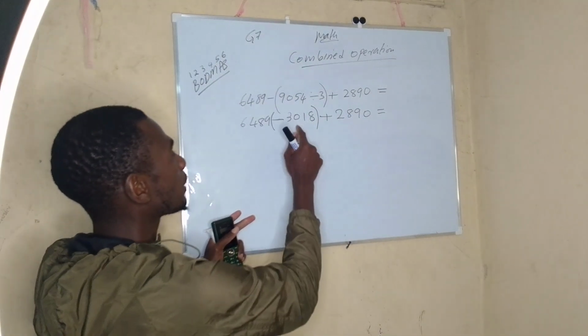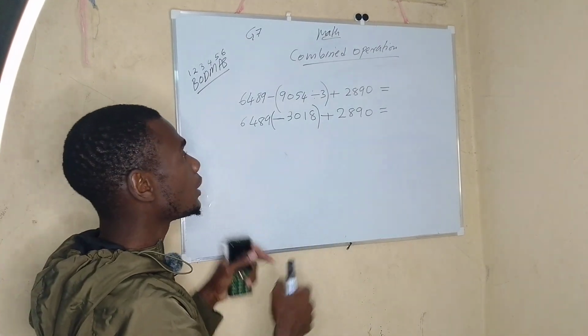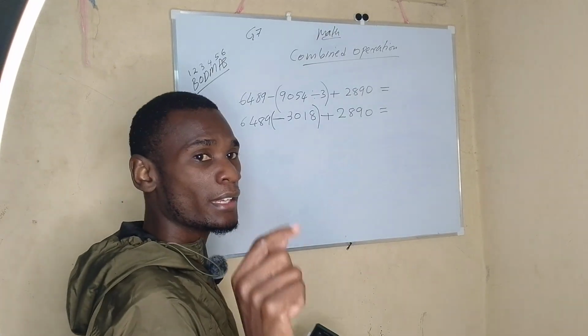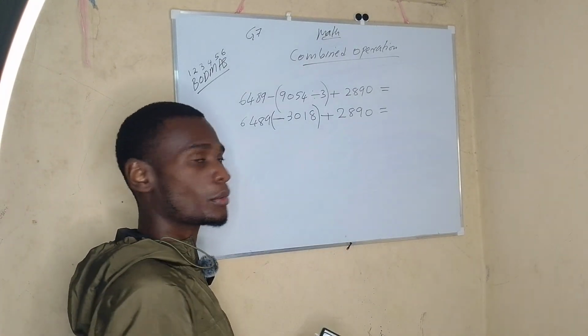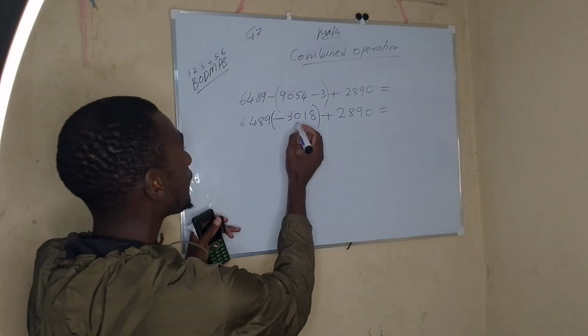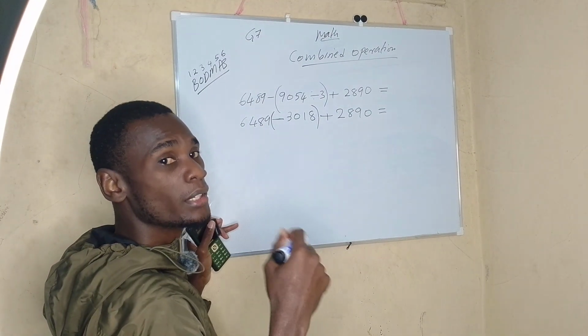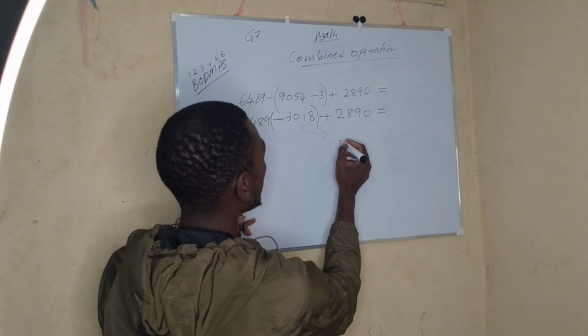That means you have subtracted both numbers from here. But remember, this one is being added. So the only number that is being subtracted here is this. So the first thing, identify that number and take it last, because subtraction is the last operation. So you will come and say, this number minus 3,018 is the last to be worked out. So take it last. So you will bring it here, the last minus